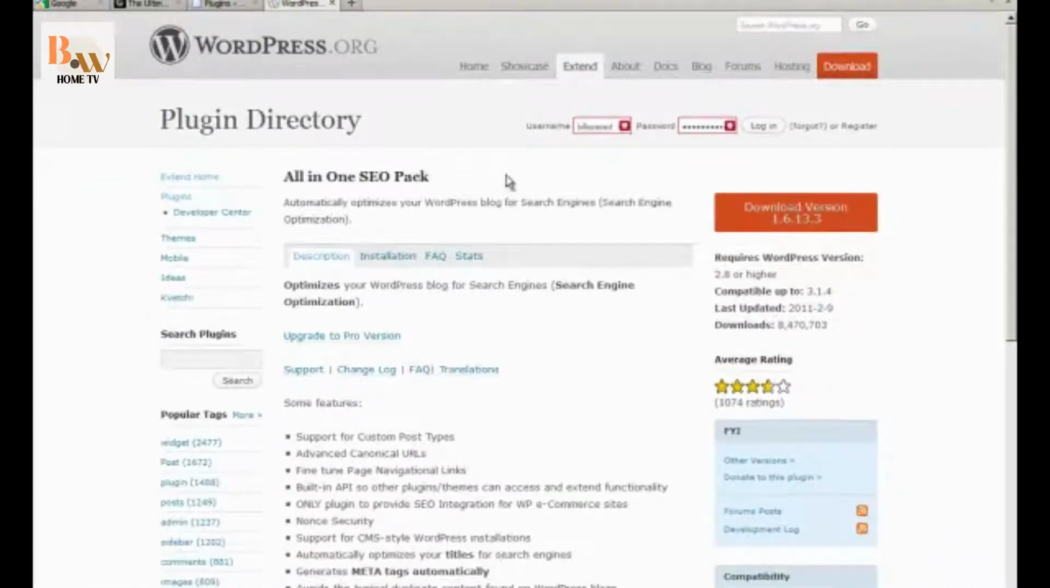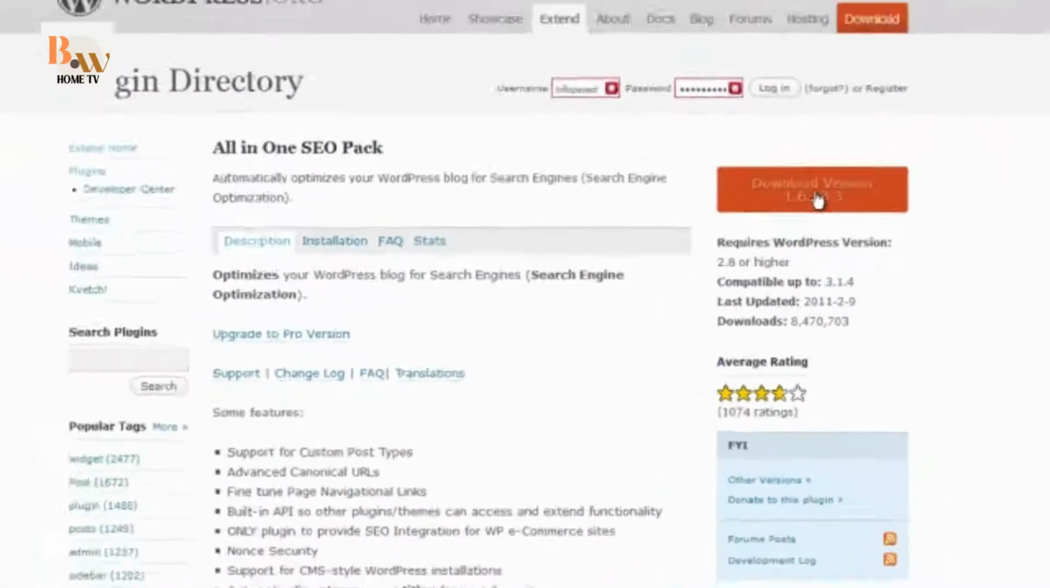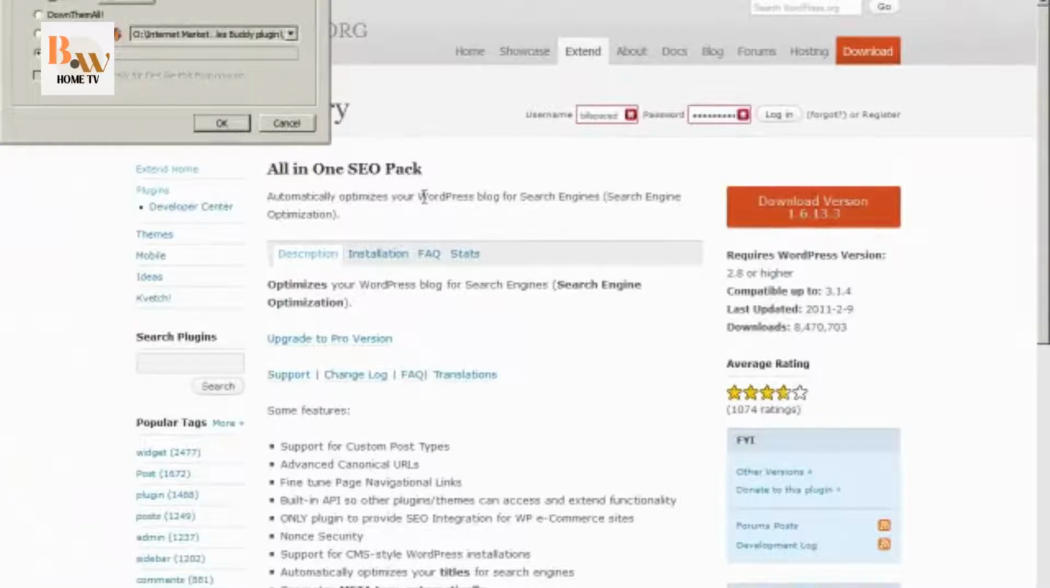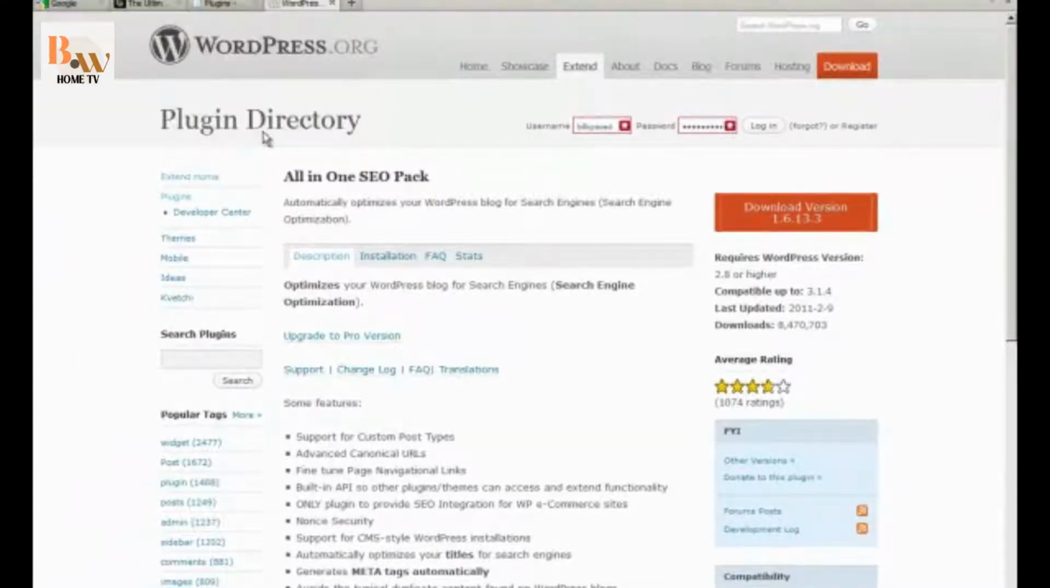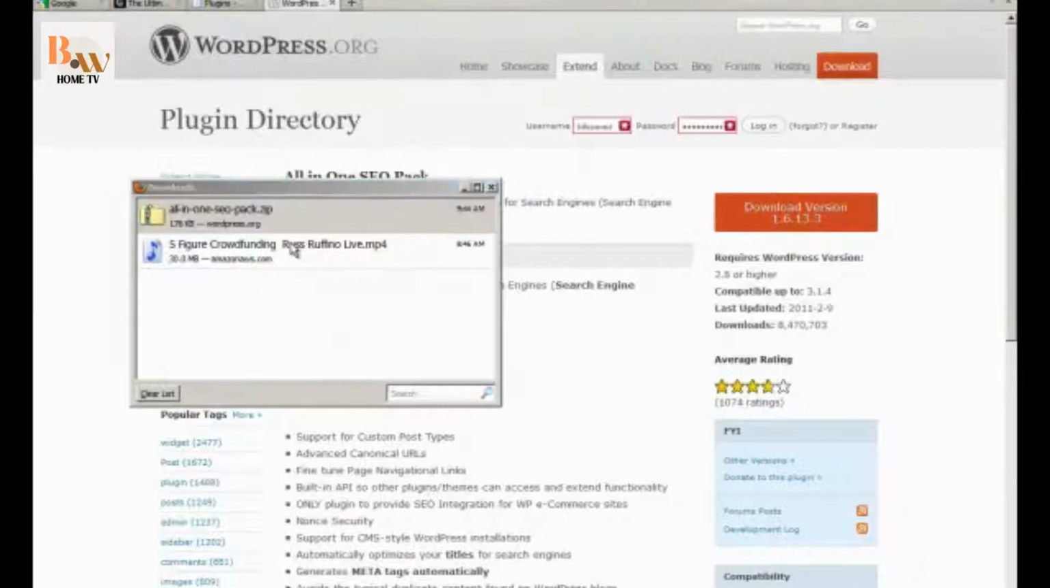This takes us to another way to get a plugin. This takes us to WordPress.org, which houses all of the free plugins that are registered with WordPress.org. The way you would do this one is you would click on this button right here that says Download version 1.6.13.3 in this case. Click on that, save the file, navigate to the folder,